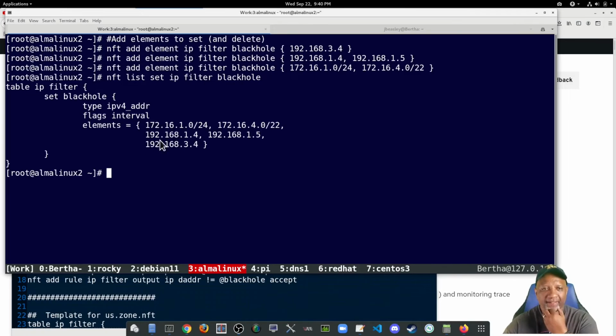So when I go and look at that table, I can see these are the entries that are there. You'll notice that they're not in the order that I put them in. They're in an order that NFTABLES wants them to be in, which appears to be lowest to highest. So you've got entries in that set,